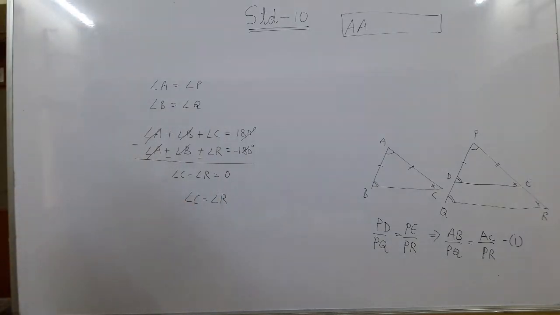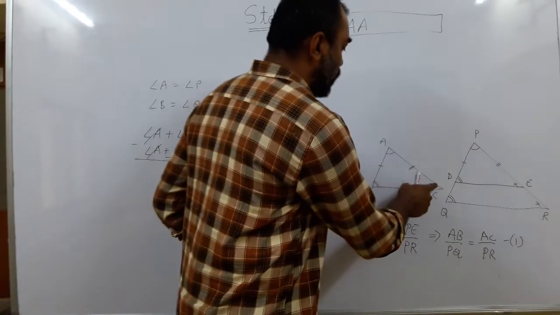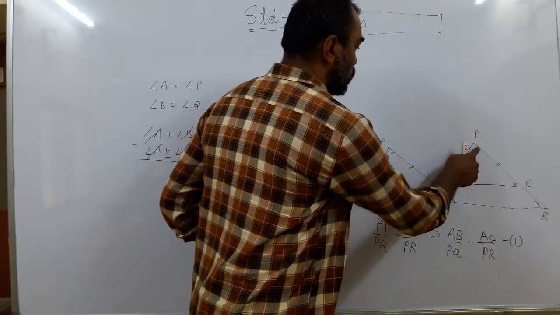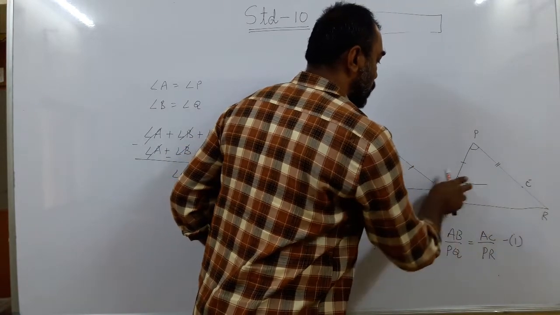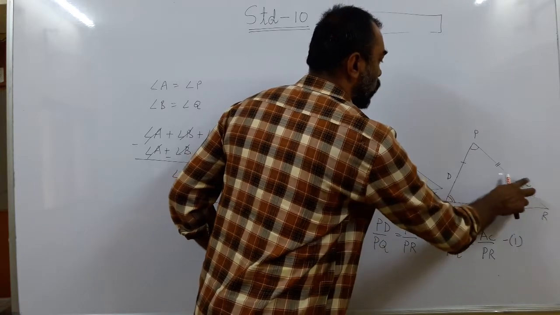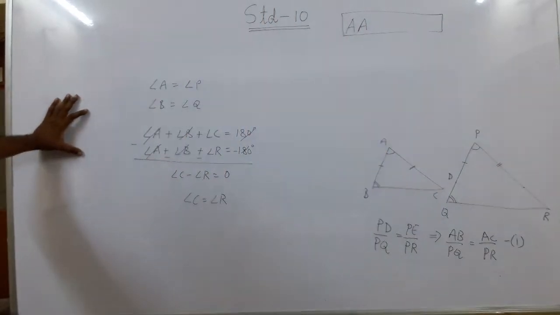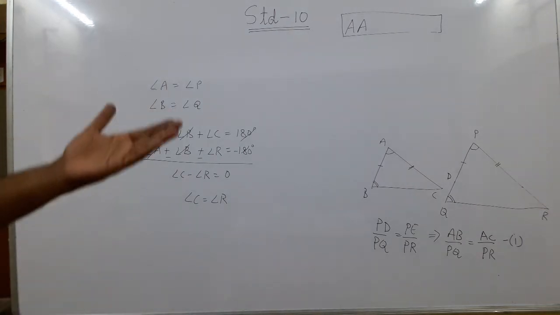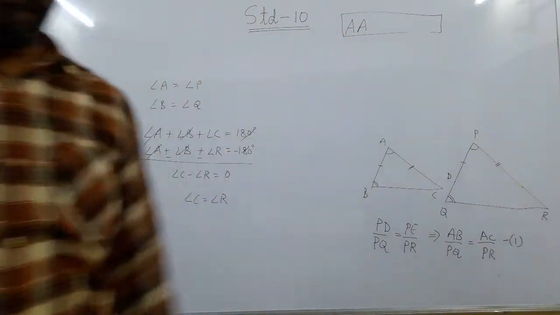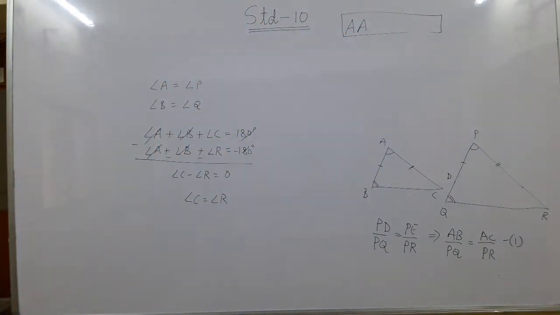So we already know now and understood, if two angles are given equal, but the third is not given equal, not to worry. Yes, if two angles are congruent, then automatically by the angle sum property of triangle, the third angle will be congruent. So we have broken down the AAA criterion to the AA criterion now. So what does it say? There is no need for three angles to be congruent. Even if two angles are congruent, then you can say that the triangles will be similar.